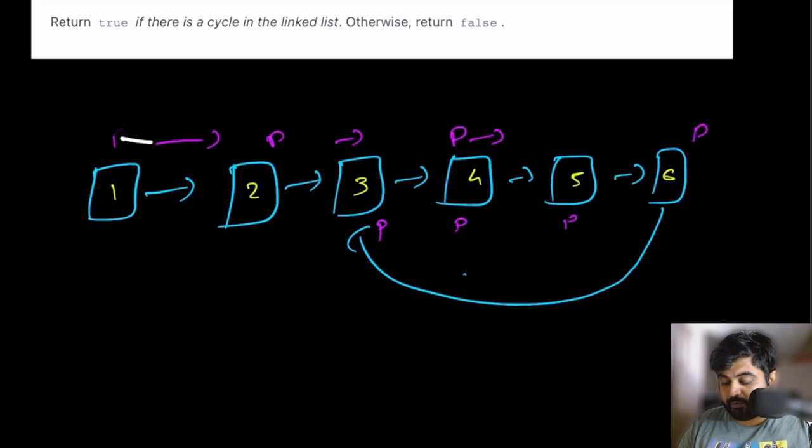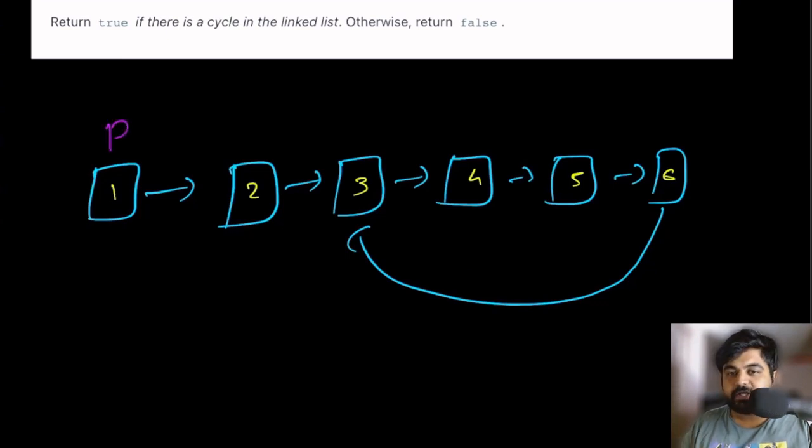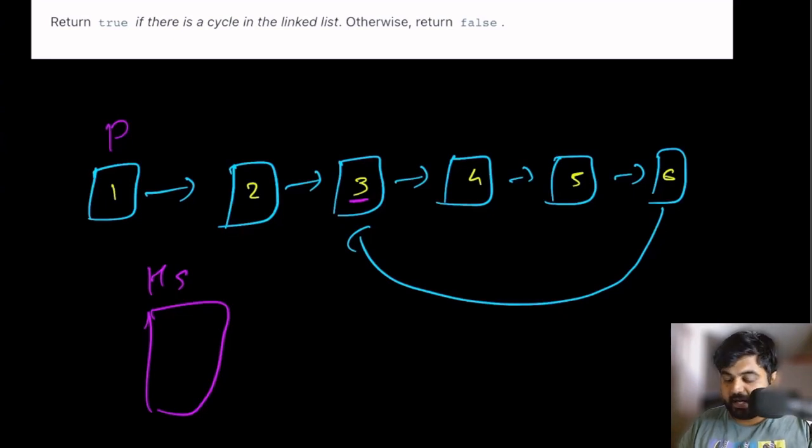So now what would you do in this problem to solve this one? Well, one approach that comes to mind is that again we are going to use the same single pointer approach with the p, and at the same time we are going to have a hash set. Now what this hash set is going to do is that, say for an example, if we have visited some node already before and that same node appears again, which means we would be able to determine that there is